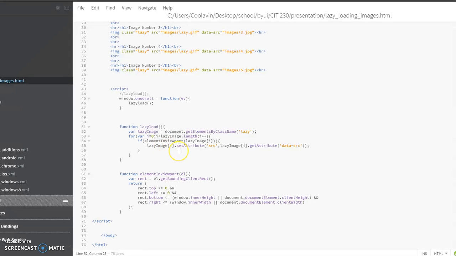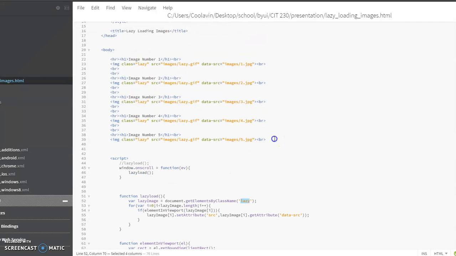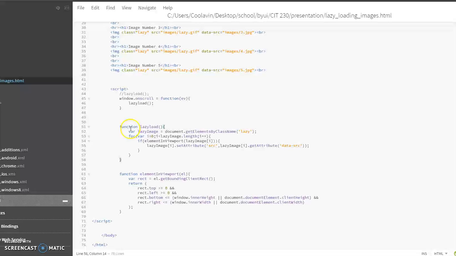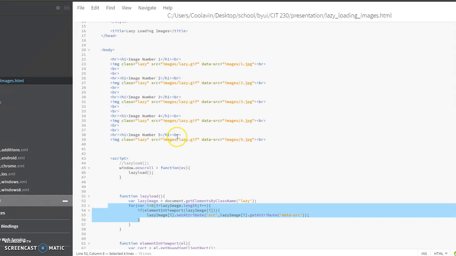So how that works is this function has a variable which is called lazy image, and this actually gets the element with whatever class you want to call it. I called it lazy. So it's going through and it's finding all the elements that have this class. And then this for loop takes that information and uses that to run through the for loop. So it will run through it 5 times,